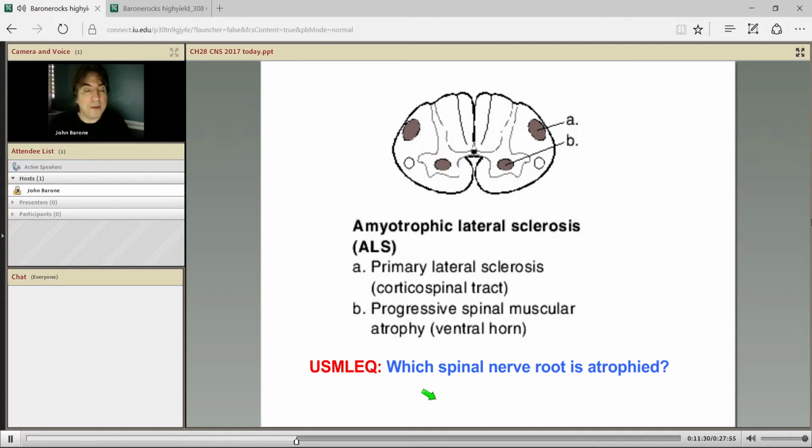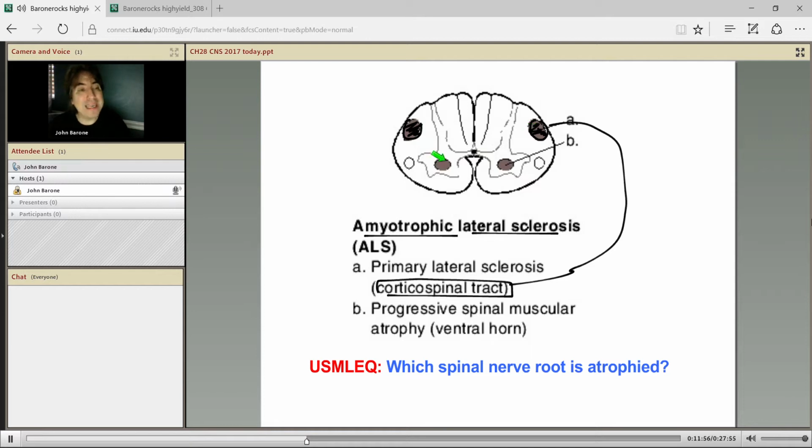All right, now here's what they expect you to know. Anatomy. So amyotrophic lateral sclerosis is going to affect the lateral part of the spinal cord. So the corticospinal tracts, these are the upper motor neurons, they're located here. So this is why they call it lateral sclerosis, because these lateral neurons are going to die, and you're going to get sclerosis. Okay, so that's classic. That's the spasticity, the hyperreflexia, the Babinskis.